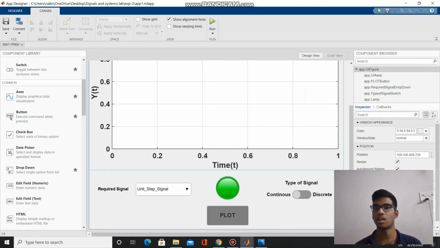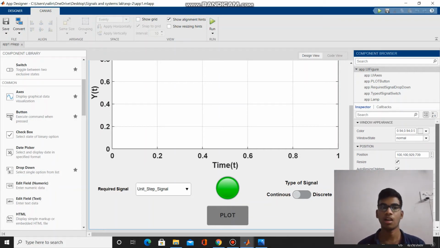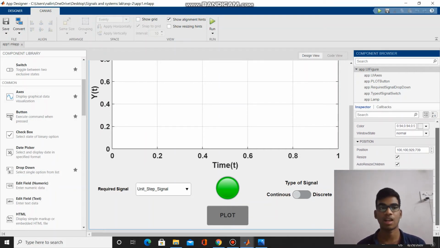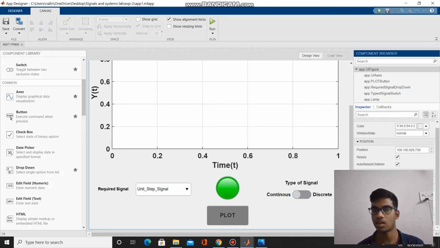Moving towards the right of the screen, we have component browser where we can change names of the components, style, background properties like color and etc. As you can see, there are many options such as position, plotting, mouse pointer, interactivity, etc.